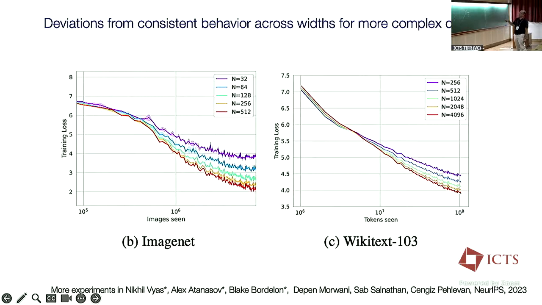So what's happening here is I'm again increasing the width of this neural network. As you go wider and wider, of course, the consistency gets more and more. But there's some deviations from this line, a kind of saturation effect. It's like the epsilon factor over there. I see the same thing in WikiText as well.